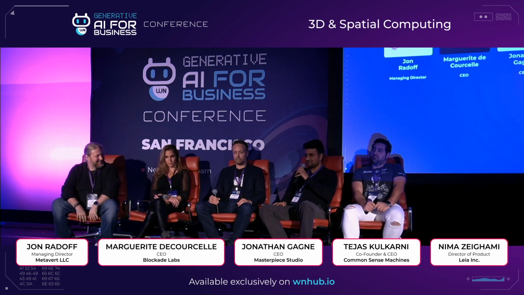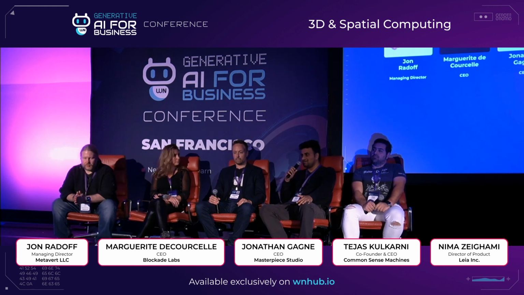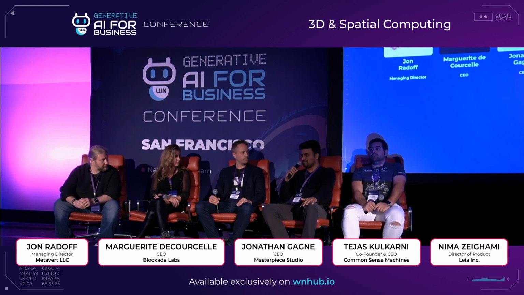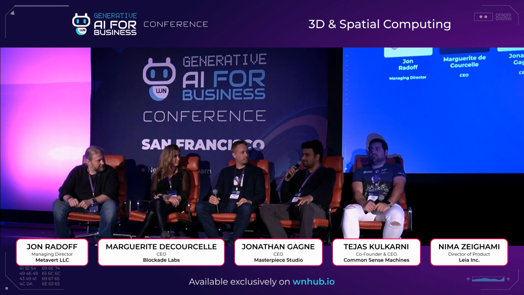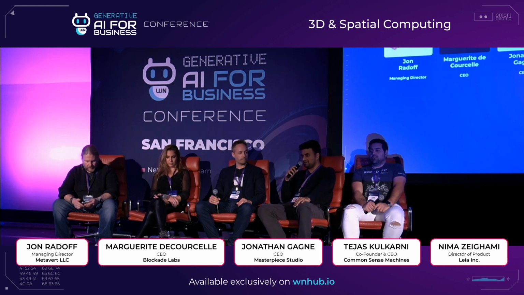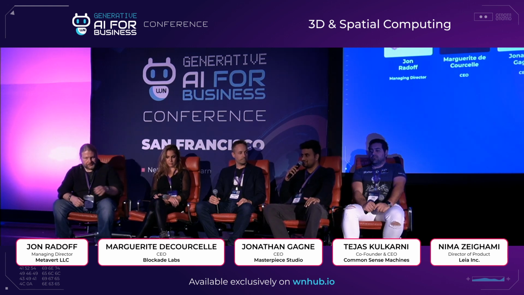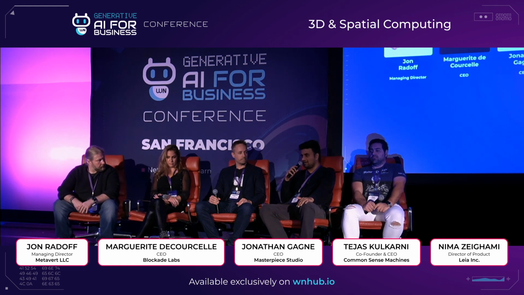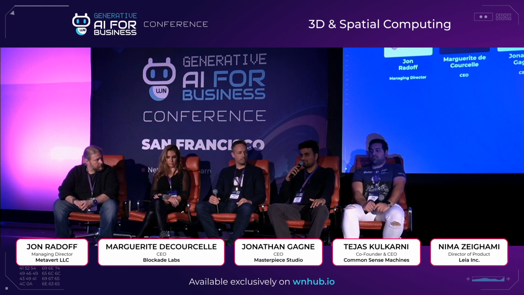Yeah, that's a great question. Text actually ended up being an easier problem. That's why LLMs exist. Then the next harder problem was images, and that came after that, Stable Diffusion, Midjourney. So we don't yet have a 3D GPT, and I think there are some deep fundamental reasons for this. I think there are 2 main reasons. One is that if you try to buy all of the 3D content, let's say on Shutterstock or something like that, you'll probably get sub-million 3D assets. If you try to buy images, you'll get hundreds of millions, right? So one of the main problems is that 3D doesn't have a lot of data,